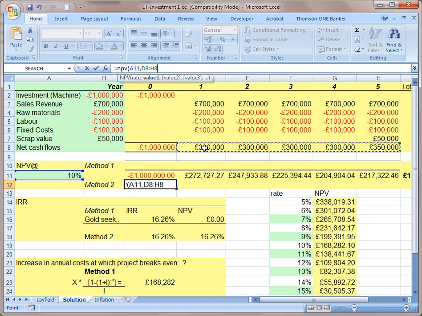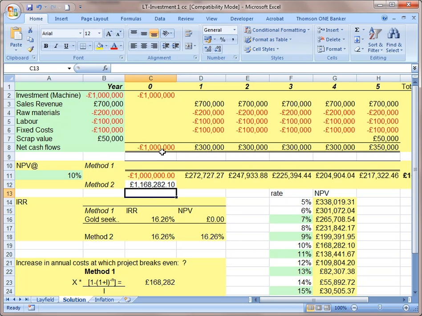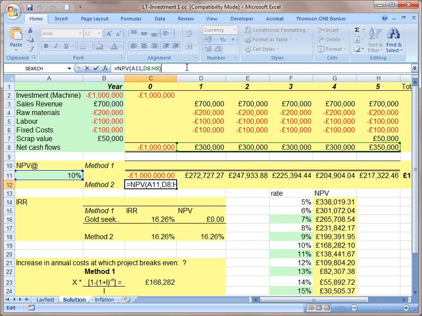the first cash flow occurs at the end of the first year, but the cash outflow in our example actually starts at the beginning of the first period. So we have to take it out and then add it back in separately. So this is the correct formula. You have to start from the year 1 cash flow, using net present value to discount it, and then add